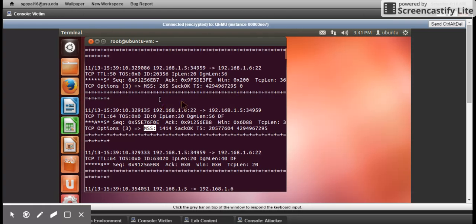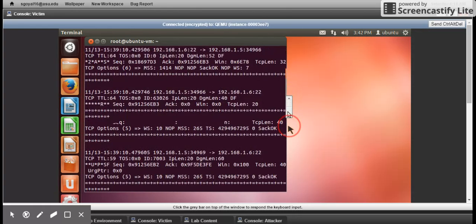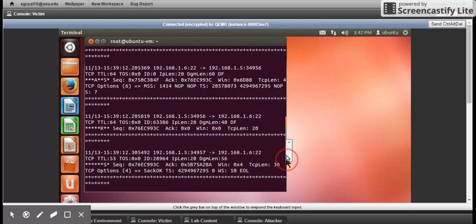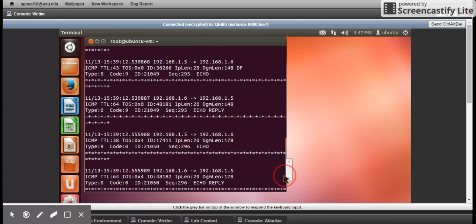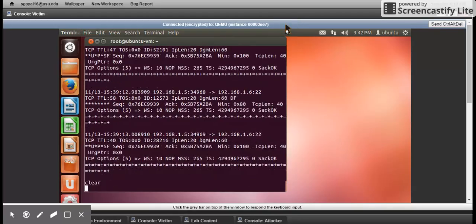So these are basically all the packets which have been obtained. All the packets sent by the attacker VM were SYN packets, because we used the -sS option in our attack. So these were all the packets which were analyzed by Snort,